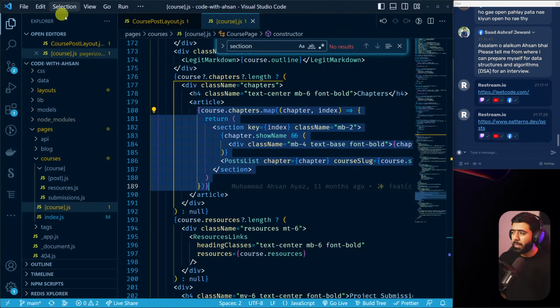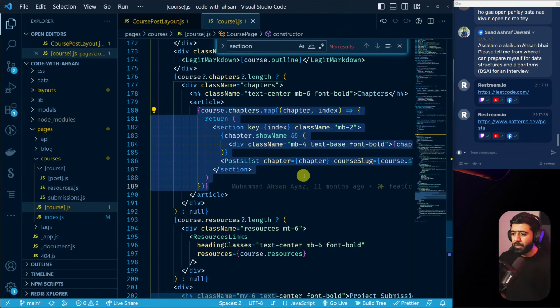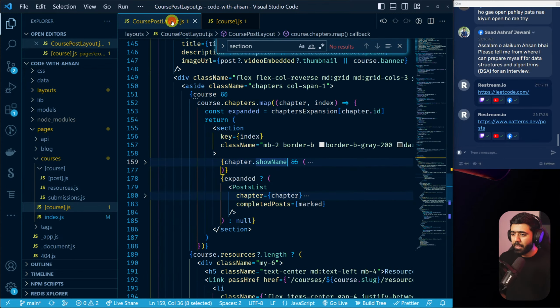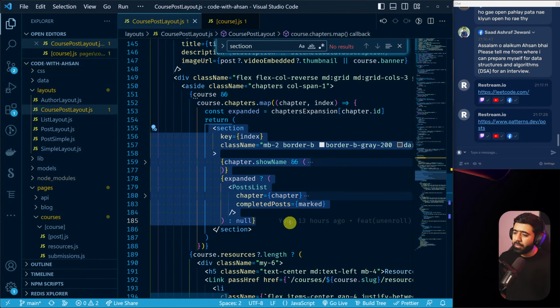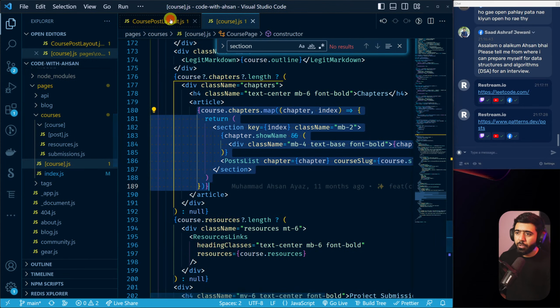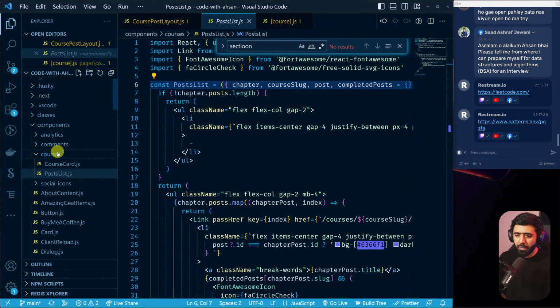Okay, going back to the code. तो ये जो पूरी लॉजिक है कोर्स चैप्टर्स मैप, I think this is being copy pasted यहाँ पे, और फिर हमारे पास चैप्टर्स डॉट मैप है, और फिर ये सेक्शन है, और फिर वही चीज़ हो रही है. तो what we are going to do is कि हमारे पास पोस्ट लिस्ट का जो कंपोनेंट है ये है यहाँ पे. तो what I can do is